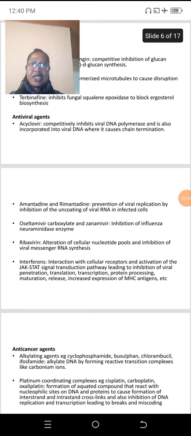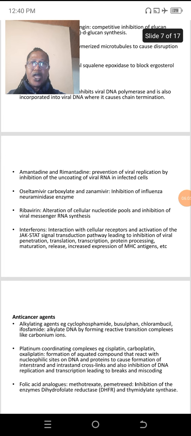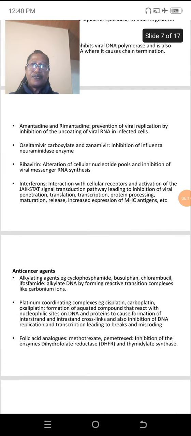Oseltamivir carboxylate and zanamivir cause inhibition of influenza neuraminidase enzyme. Ribavirin causes alteration of cellular nucleoside pools and inhibition of viral messenger RNA synthesis. Then the interferons act by interacting with cellular receptors and activation of the JAK-STAT signal transduction pathway, leading to inhibition of viral penetration, translation, transcription, protein processing, maturation, release, increased expression of major